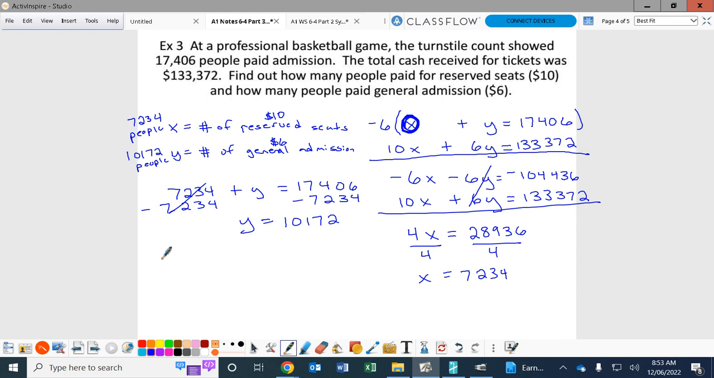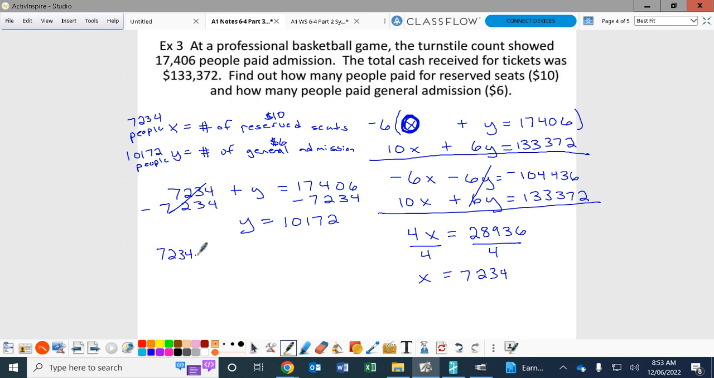Concerns, questions, anything about how I set it up, anything about it before we write our sentence? Some of y'all already writing it. Let's see if we can get this written. How many people, find the amount of people paid for reserve seats, and how many people paid general admission. So